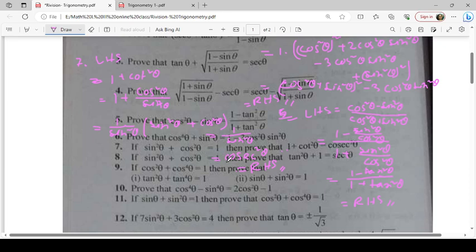Similarly, you can write 1 plus tan square theta. Tan square theta is sine square theta by cos square theta. Then take common 1 by cos square theta, and we will have there sine square theta plus cos square theta in the bracket. This is 1, and we get 1 by cos square theta as sec square theta. Next is